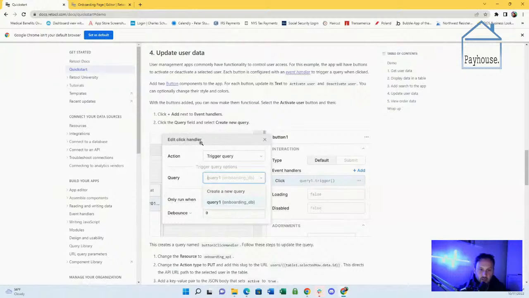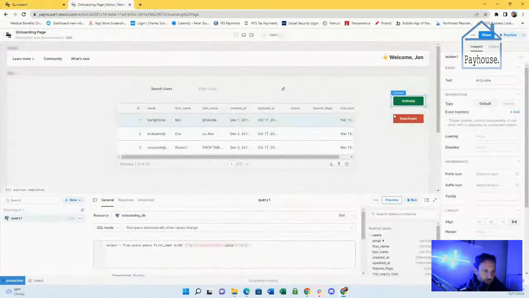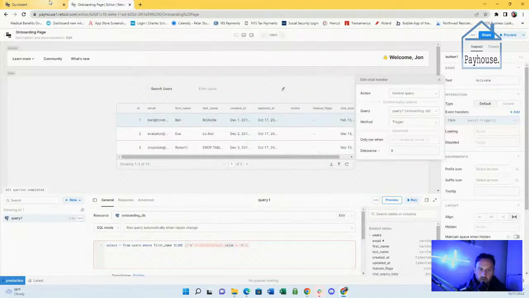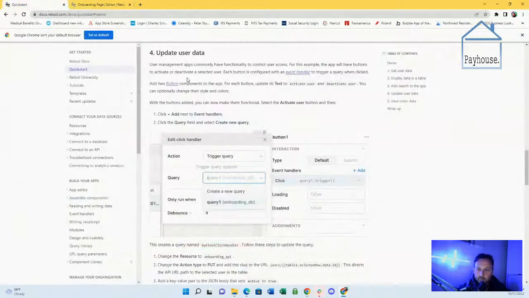Click plus add next to event handlers. Edit click handler. So we're looking for this menu here. Interaction, click, query one trigger. Event handlers here. Okay, got it. Click plus add next to event handlers.